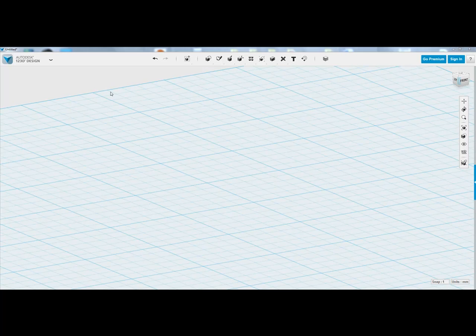Autodesk have released a really handy software called Autodesk 123D Design. So over the next few weeks I'll be doing a series of short tutorials focusing mainly on the beginner level, not so much on the intermediate and advanced. So today for this first tutorial we'll be looking at just the navigation and just getting used to the space